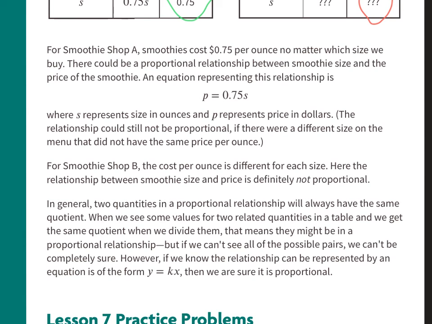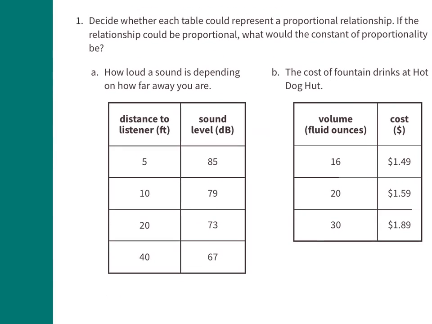So we'd go 85 divided by 5, 79 divided by 10, 73 divided by 20, and 67 divided by 40. So all I'm doing here is I'm just dividing all of these. If they all come up with the same answer, true. If they don't come up with the same answer, false. Okay, so you're going to do that for the two charts, A and B. Okay? Question number 2